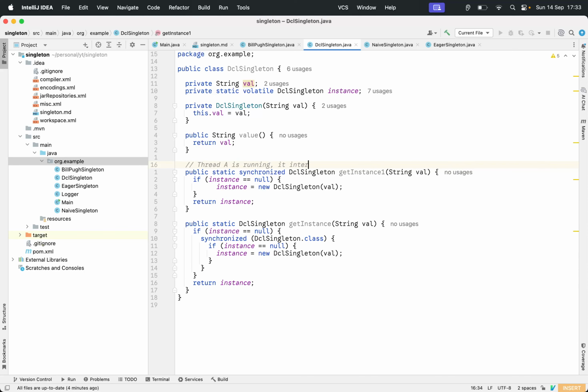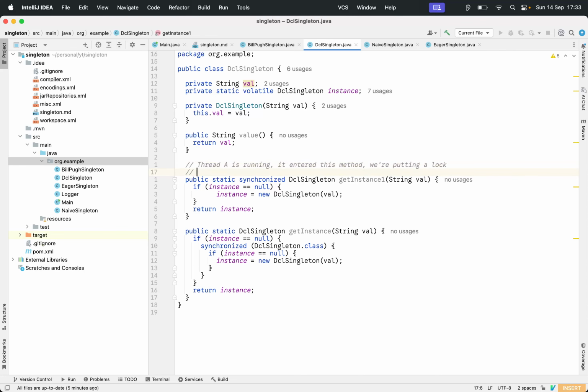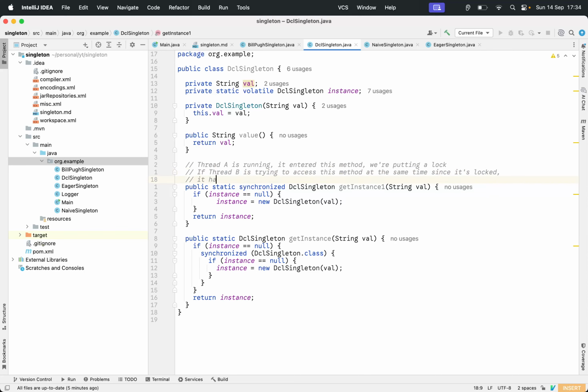It entered this method, so we are putting a lock. If thread B is trying to access this method at the same time, since it's locked, it has to wait for it to unlock. You see what I'm trying to say.